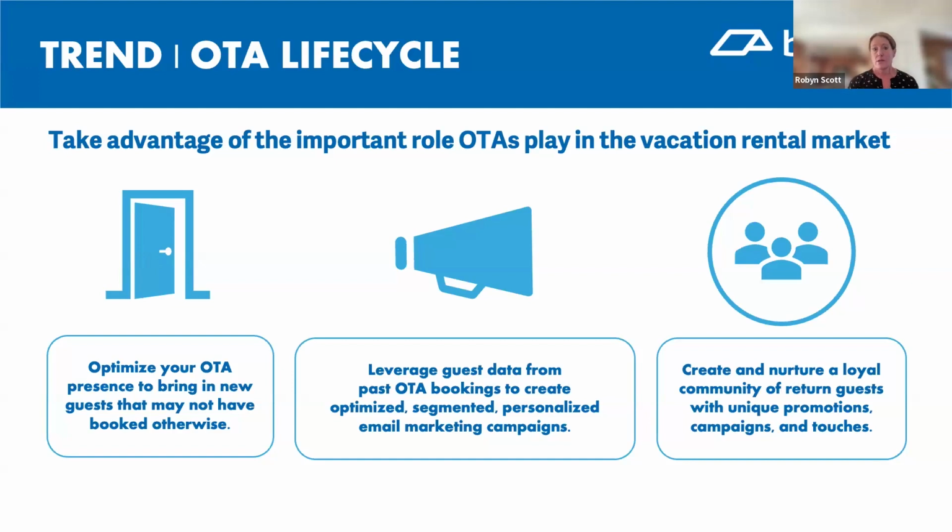Then some of the OTAs do give us emails, but there's other ways to get those email addresses. One thing that I think is kind of an easy way is to just have a QR code in the unit for guests to scan. Give them an incentive like a beach ball or something small that you could keep in stock, and have them scan it and give you their email address. And then it's our responsibility again to create and nurture that brand, communicate your value proposition.